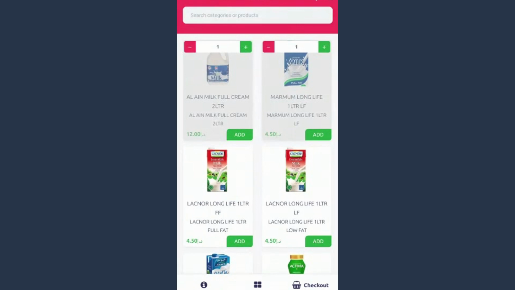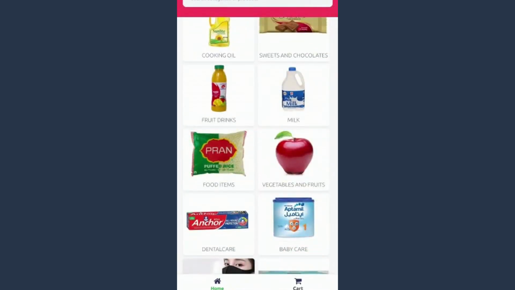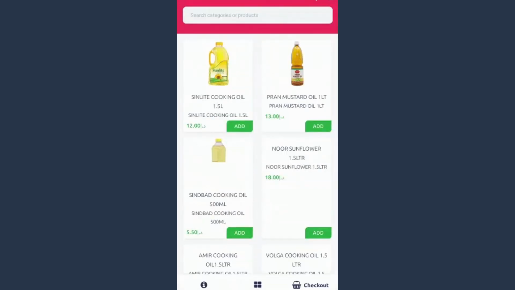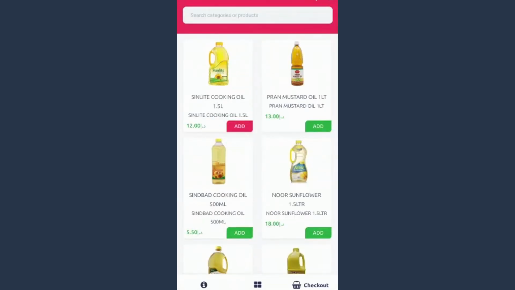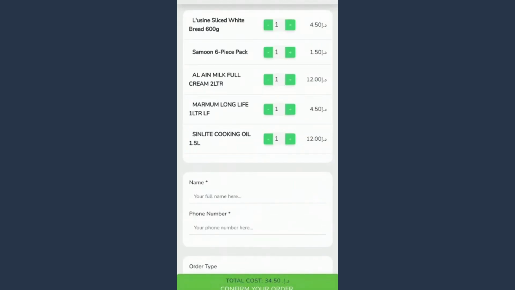So you can go to the previous window wherein you have the option of other items or the different items that you require. Now suppose we want to add oil, we click on the oil and we add oil. Similar process, you just add. Suppose this is what you have already ordered and this is what you want to finish, then you just go to checkout. You see below there is a checkout option, and here you are, whatever you have just now ordered, there's a list.